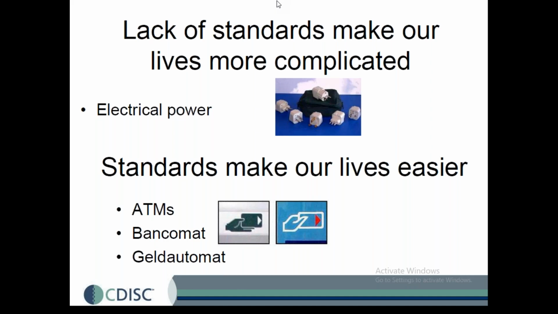Suppose I'm traveling to the US today, there again I have to apply for a card. It takes time, right? Till then, how should I manage my expenditure? Tomorrow I go to Australia, again how? Tomorrow I go to the UK, how? If your ATM cards are not standardized, it makes your life very difficult. Without money, you definitely cannot survive in that country, correct? So without standards you face some issues, and with standards you can make your lives easier. Now we understand why standards are important, right?